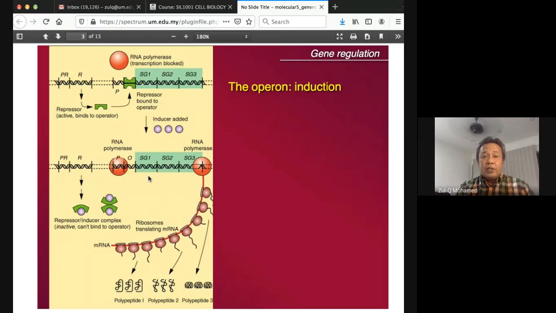I can ask you a question. Is this situation in the prokaryotes or eukaryotes? Well, the answer would be prokaryote. Why? Because you can see as the polymerase is transcribing, making transcription,